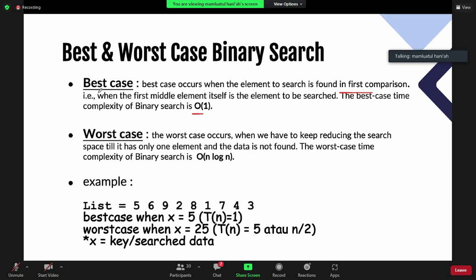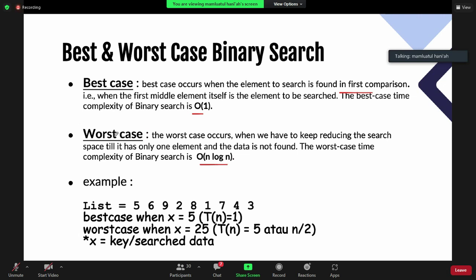The worst case occurs when you keep reducing your array until it has only one element and the data is not found. The worst case is big O of log n, because you keep reducing your array.